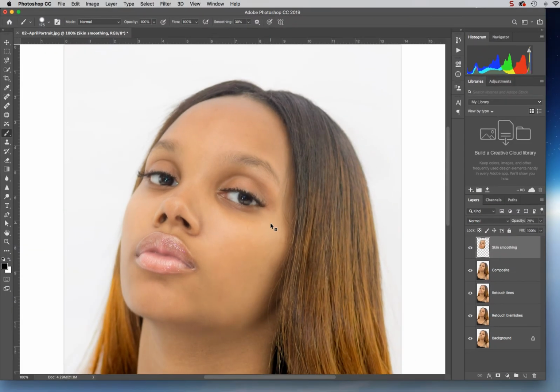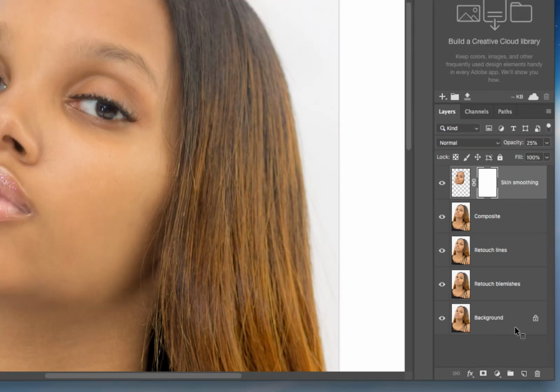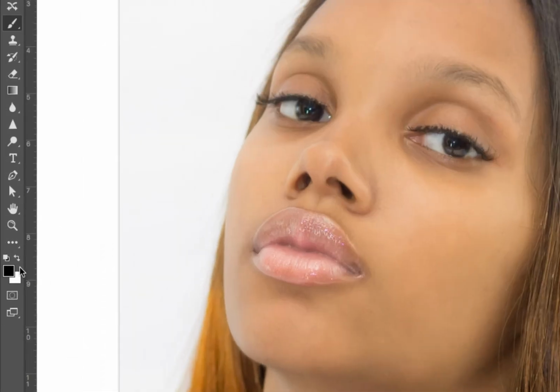I want to see some detail on the lips, maybe around the nose, the nostril edge, the eyebrows. So those are areas that my eye expects to see sharp detail with good contrast, good local contrast. And what I'm going to do to still see that and keep the smoother parts of the skin smooth is add a layer mask, which I can do down here by clicking this button right here. And while I've got that layer mask active, if I take black as my foreground color